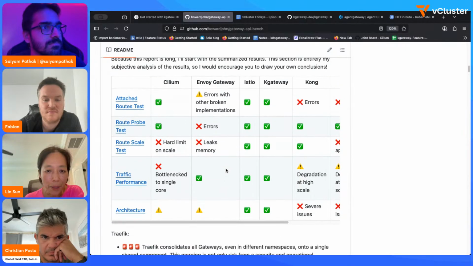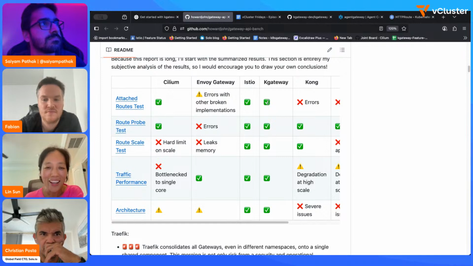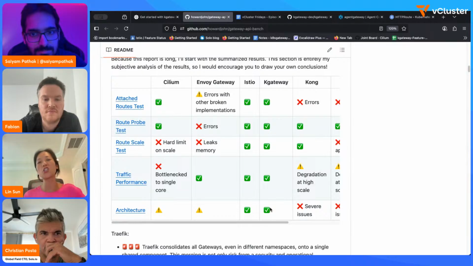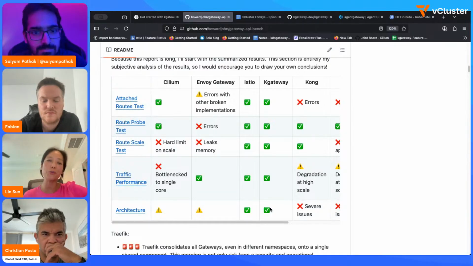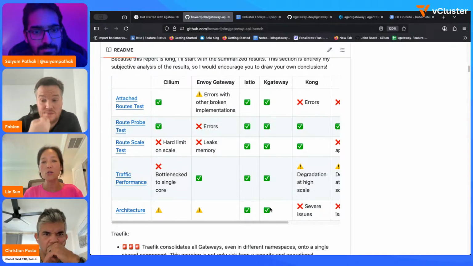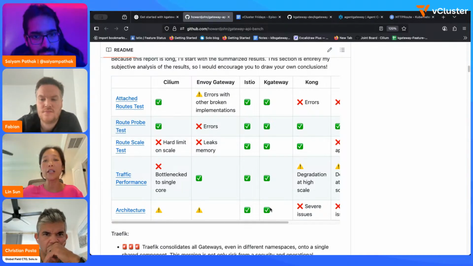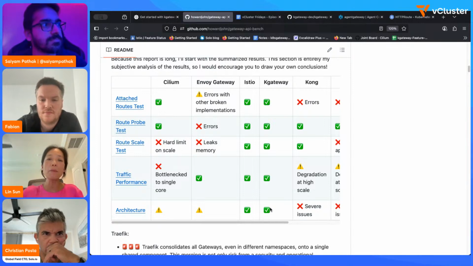From an architecture perspective, we do believe Istio and kgateway have a better architecture on the control plane side because it handles the changes coming into the control plane. In the example, we showed a really, really simple HTTP route deployed into the Kubernetes cluster. But imagine a large customer scenario, you're not going to have one route. Your gateway typically serves thousands of routes. So when you already have 1,000 routes, what if another team wants to come in and make a modification to an existing route or add a new route?